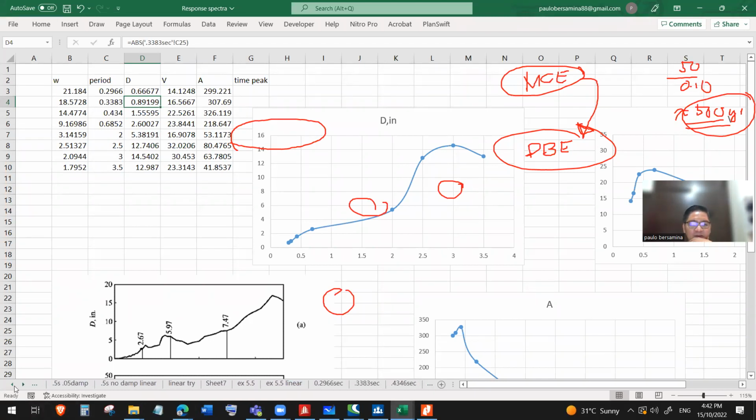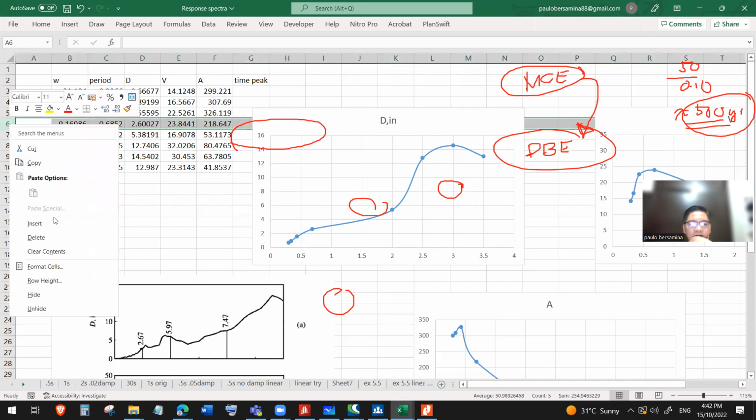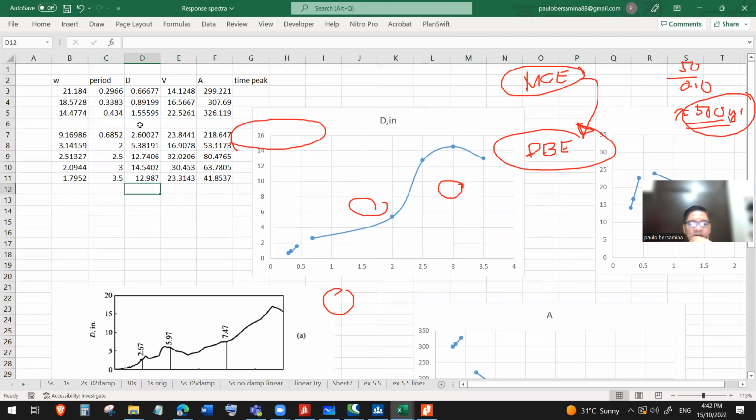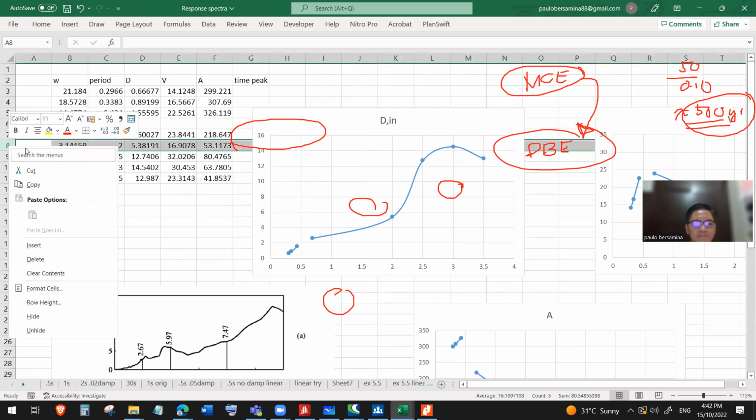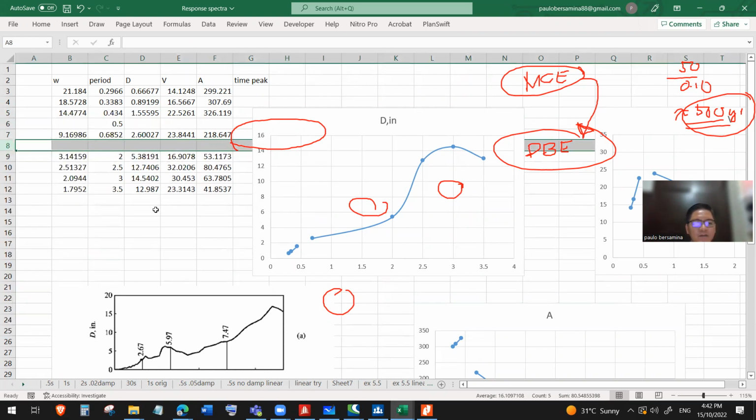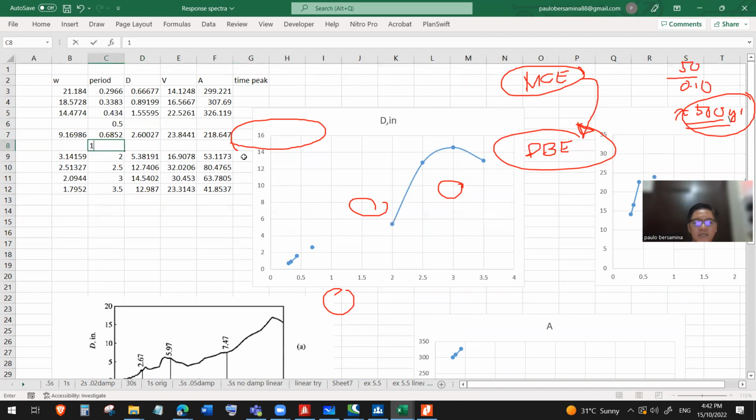teka, balikan natin yung 0.5 natin. Bakit wala pala dito yung 0.5? Let me add 0.5 here. Dito, insert ko. Para makita nyo. So, lagyan ko siya ng period na 0.5 seconds. Wala din siyang 1 second. Insert 1 second. Yan. And then,